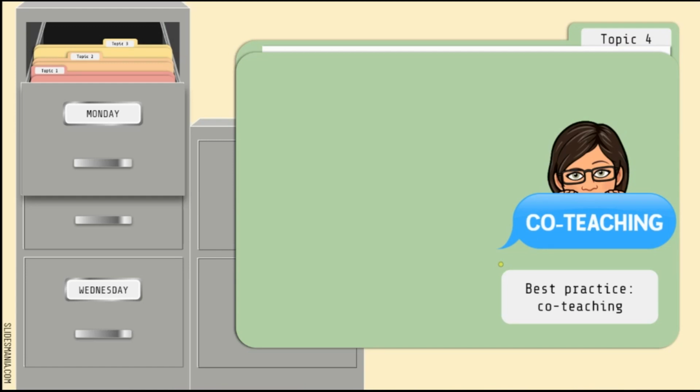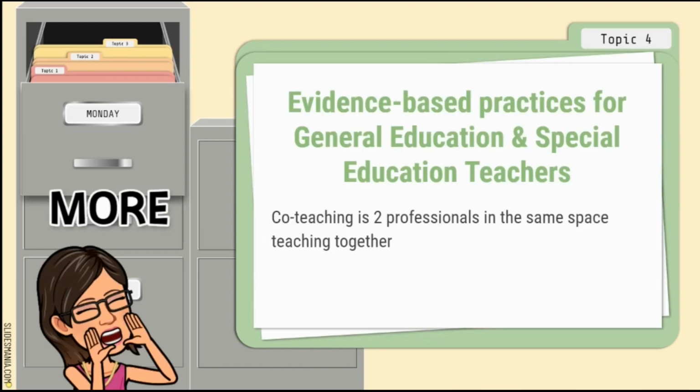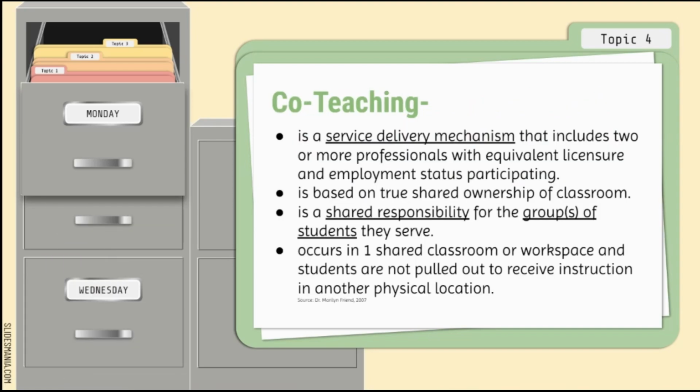Which then leads me to, if you are on a co-teaching team, topic 4. Dr. Marilyn Friend has so much information out there. You can do quite a bit of deep diving into her work, but she defines co-teaching very specifically: it is, in fact, not just two professionals in the same space teaching together, but it really is a service delivery mechanism that includes 2 or more professionals with equivalent licensures. That means